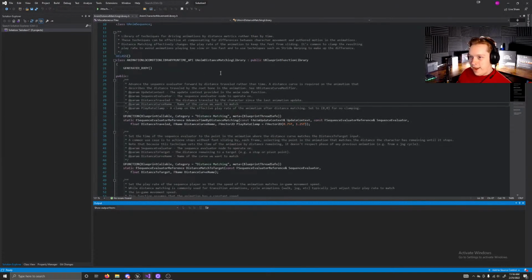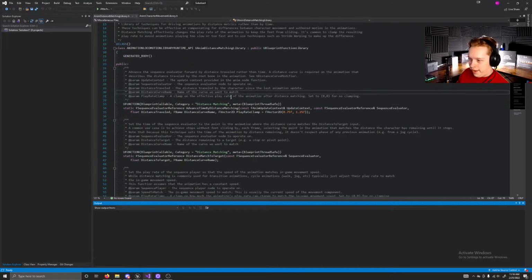And now I'm just covering some of the functions. These are blueprint functions, but I pulled up the Visual Studio files. I was going to take a peek at the code, but for now I'm just going to scroll through them and show you guys what's in this Locomotion library plugin. So first we have a, let's see,